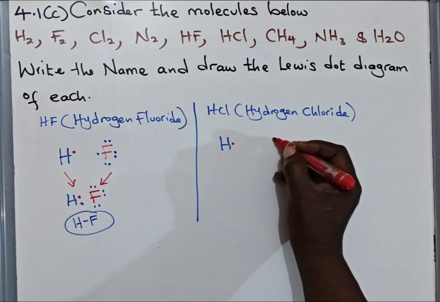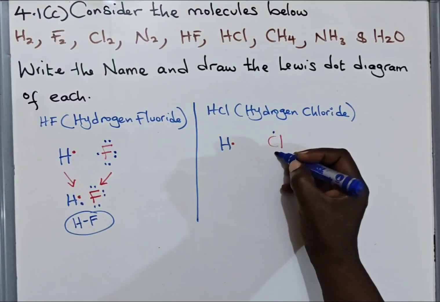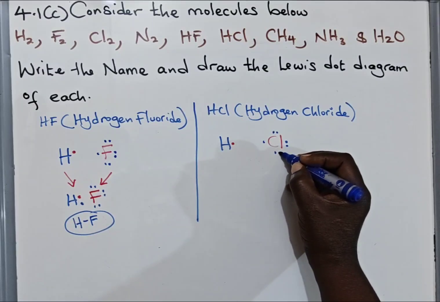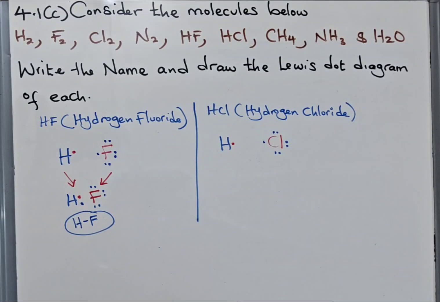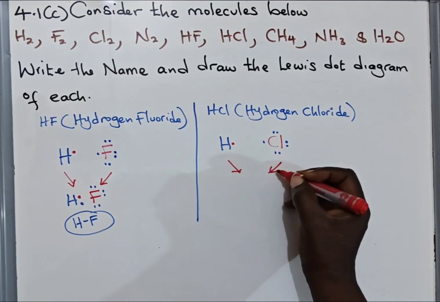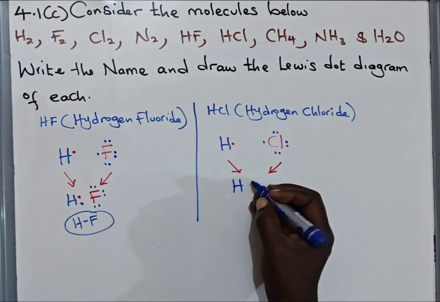Next you represent our chlorine atom. And the chlorine belongs to which group? Group 17. Group 17 has 7 valence electrons. So we indicate it like 1, 2, 3, 4, 5, 6, 7. I need to remind you that bonding occurs only between unpaired electrons. So what is going to happen here is that these ones are going to come and bond. So hydrogen will come with its